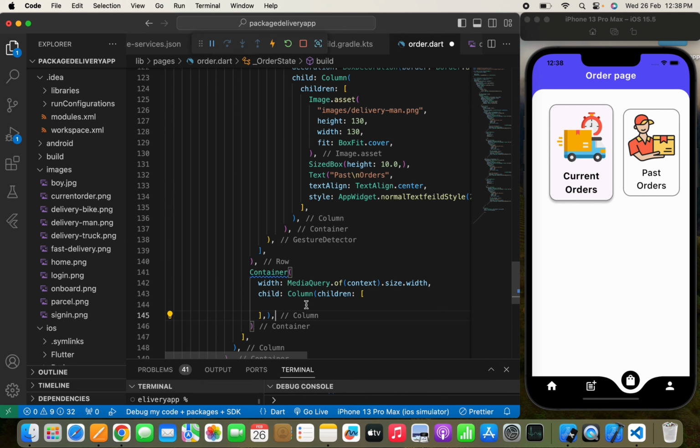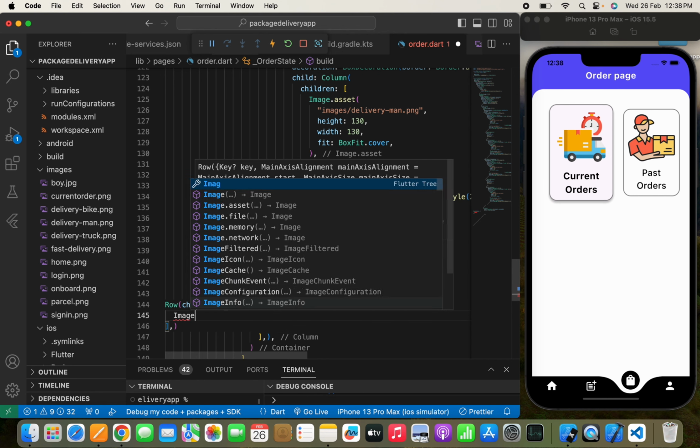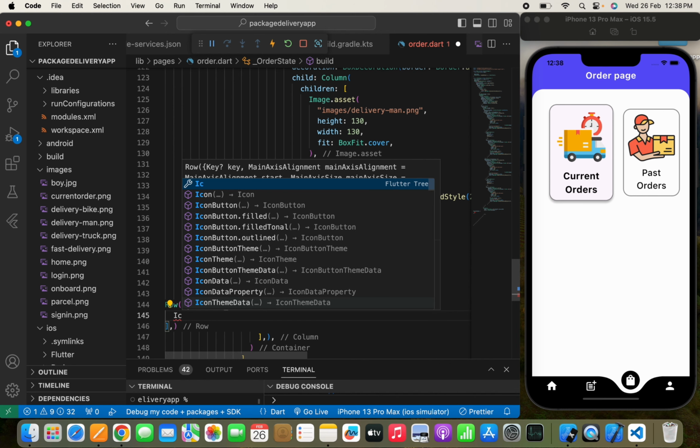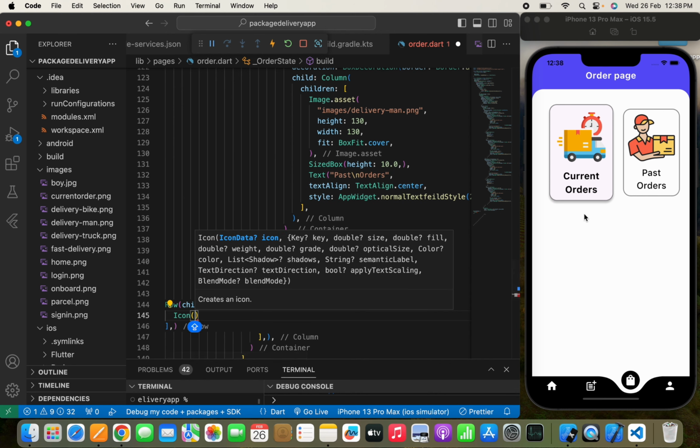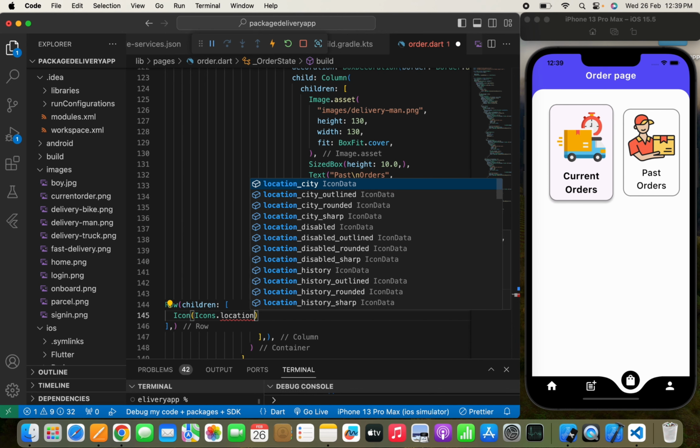Yeah, something like this. Now in the column I'm going to just pass first a row, and here I'll write children icon, sorry, why I'm writing image, need to write icon, because I'm thinking that first at the top I'm going to just show the deliver node package where it is going to drop off. So you know that we have added a drop off address in the field. As you know that there is one field which is drop off address, we are going to call that. So I'm going to just write icons dot location on. Yeah, location, let's keep location,